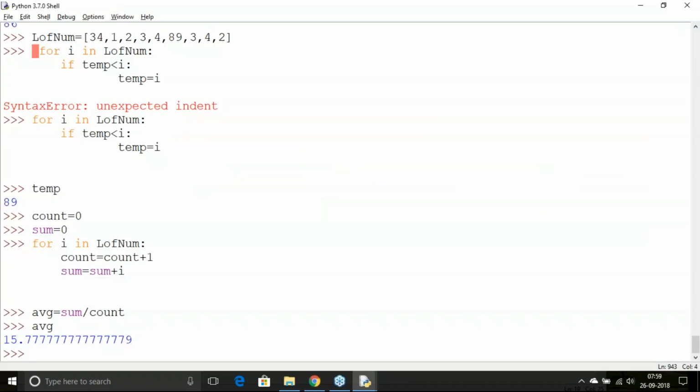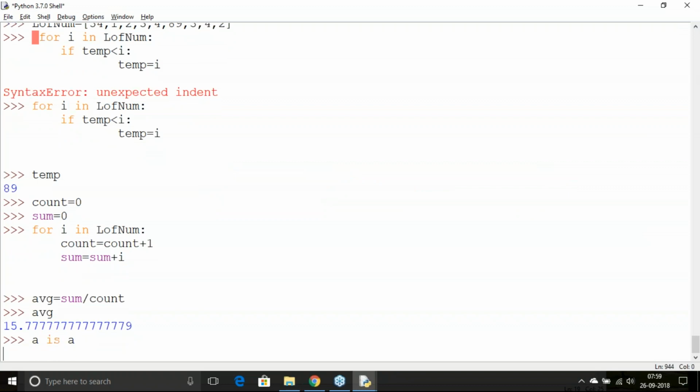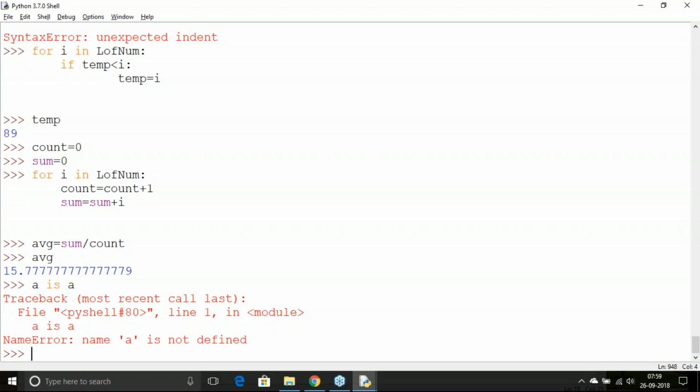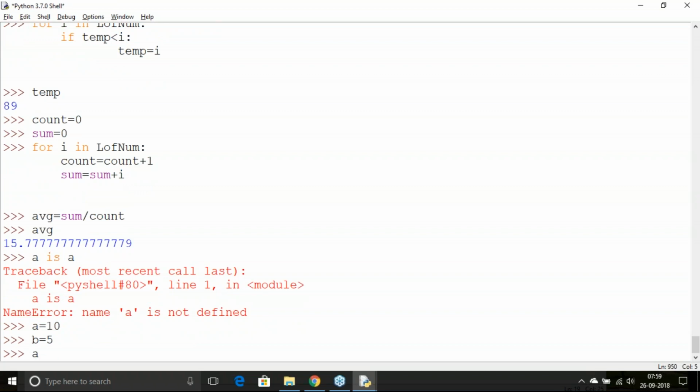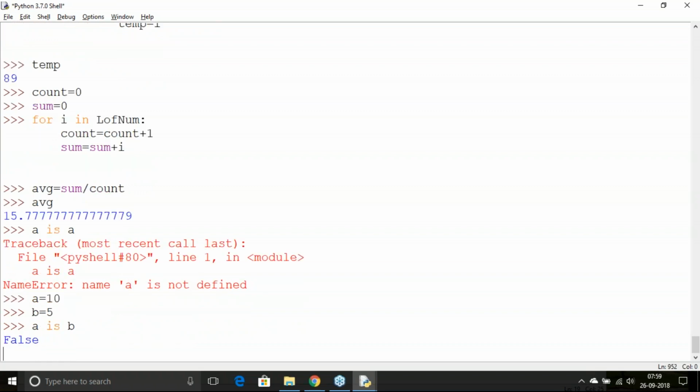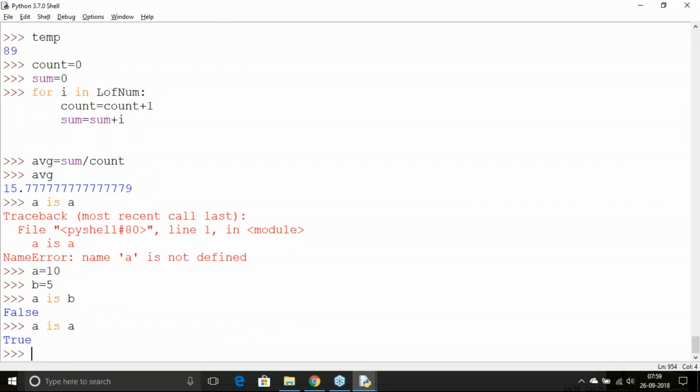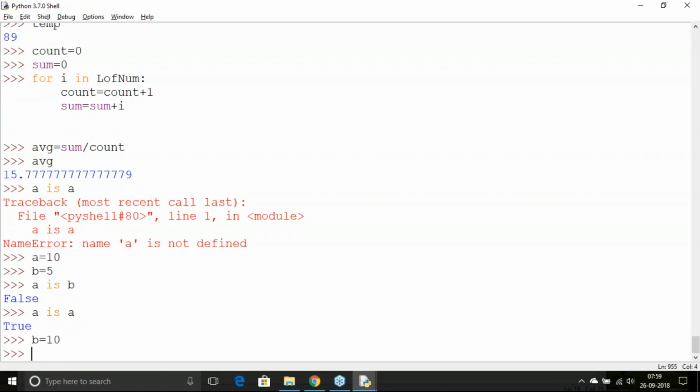So I can write A is A. A is not defined. A equals 10, B equals 5. A is B, so my output is false. If I try A is A, my output is true. If I define B equals to 10, I can write A is B,